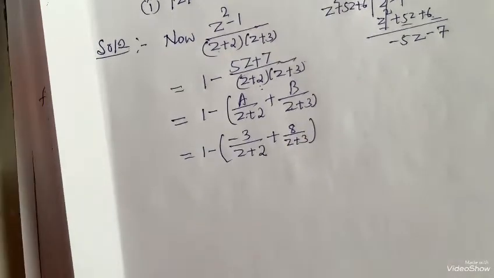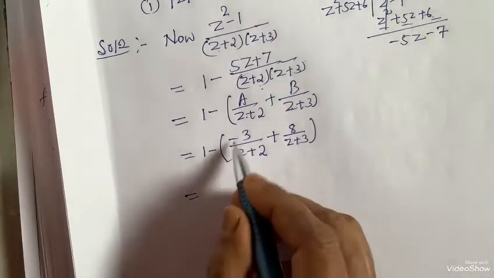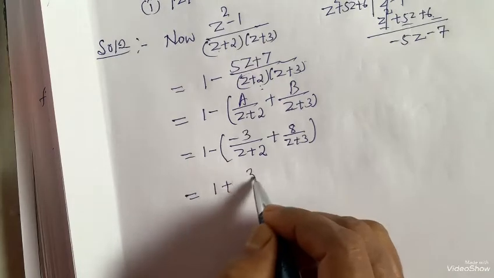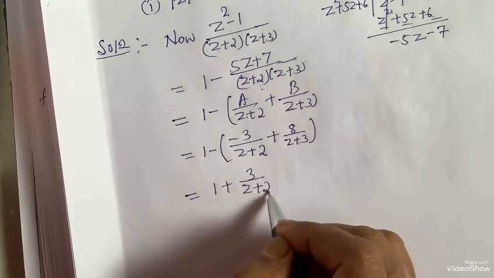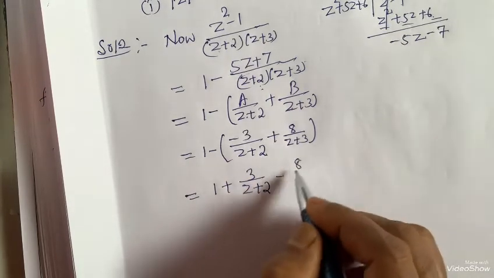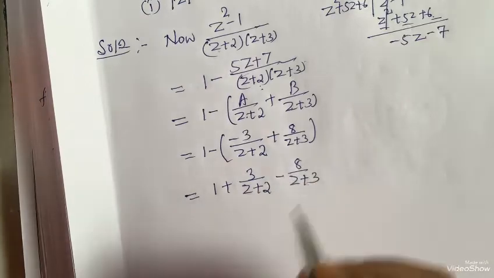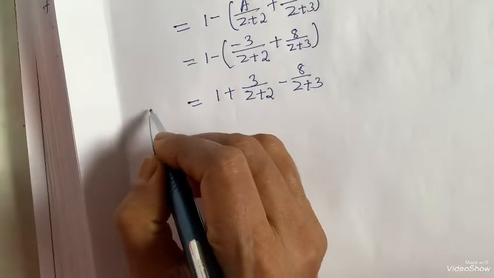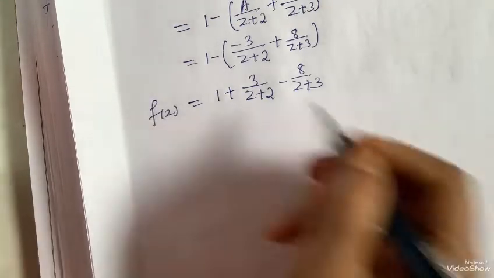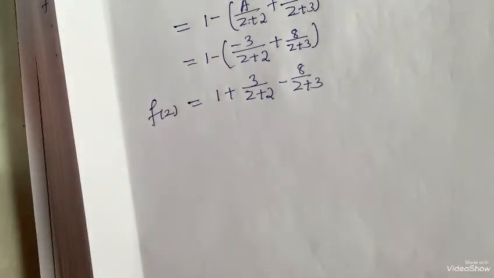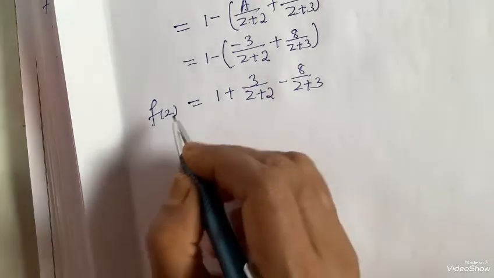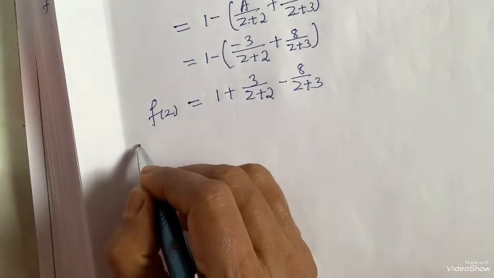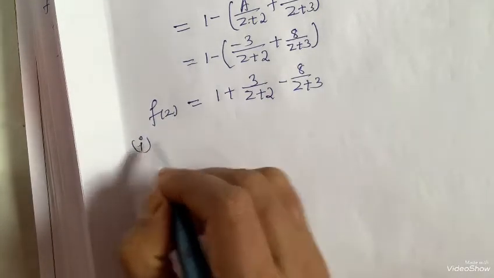Okay, therefore this is 1 minus of minus plus 3 by z plus 2 minus 8 by z plus 3. Yes, I hope you followed it. And this is f of z now. So either you have to be very fast in getting the values of a and b. Next, consider the reason. First one, when